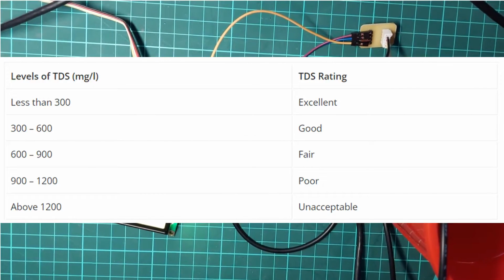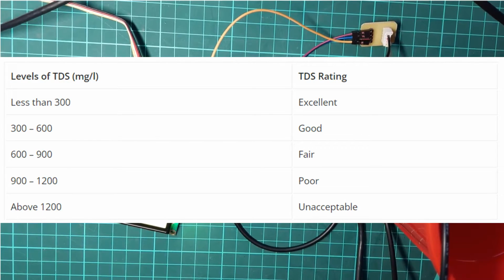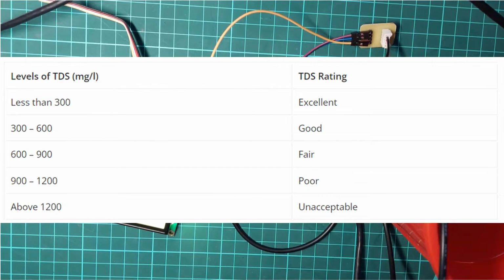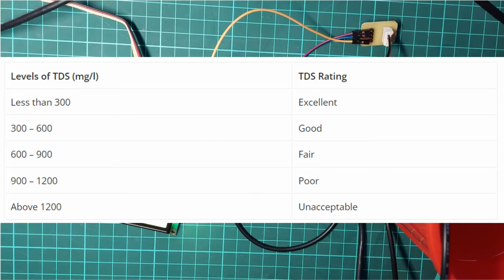Now let's see the table that provides a general idea of what the TDS value represents. As you can see, in the left column I represent level of TDS in mg per liter, whereas in the right column I represent TDS rating. Now let's see the first row. If the TDS level is less than 300 mg per liter, then the TDS rating is excellent.